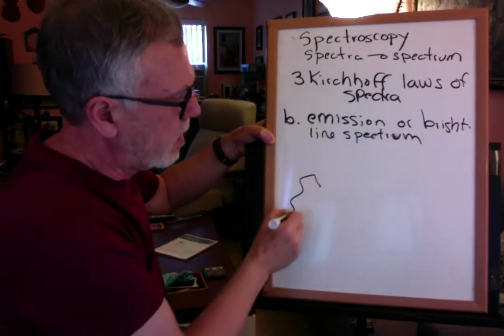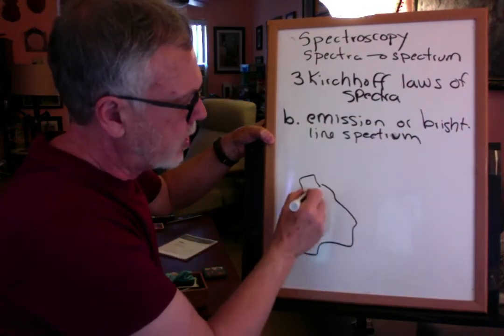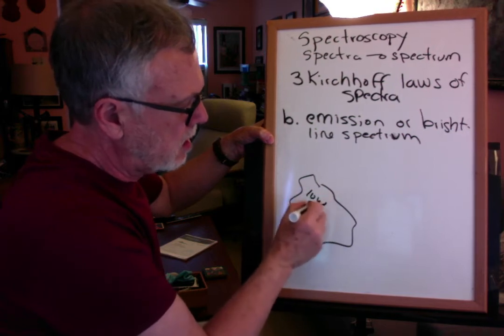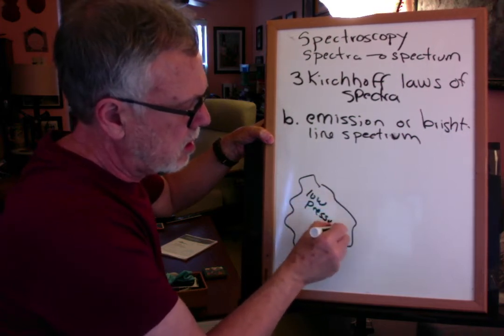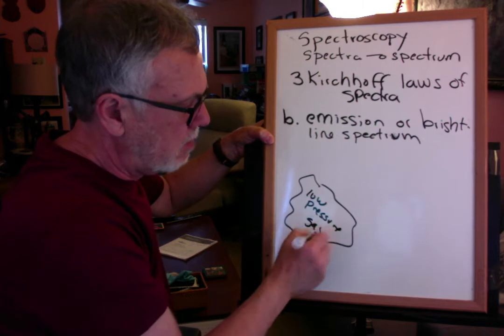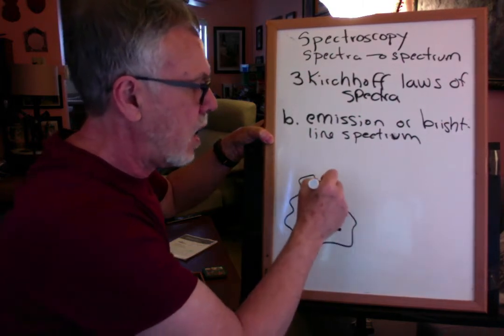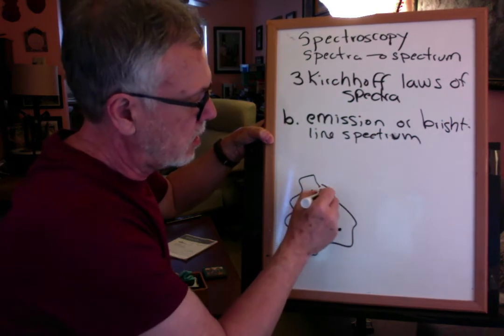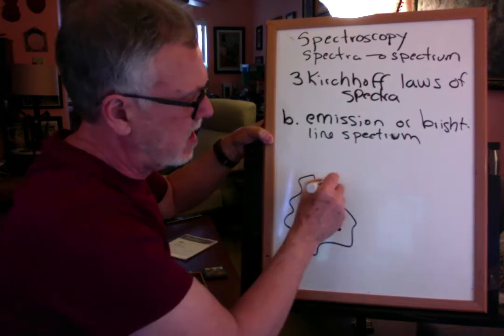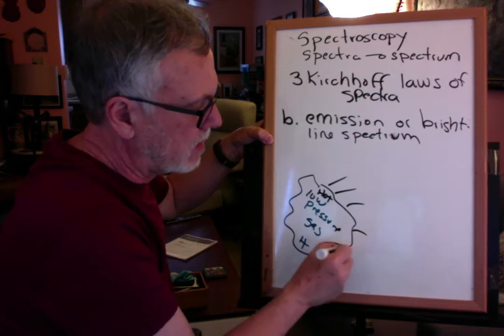So what we have here, you might have a low pressure gas of different types. Maybe it's a hydrogen gas. And because it's hot, so this is a hot low pressure gas, maybe hydrogen in my example,